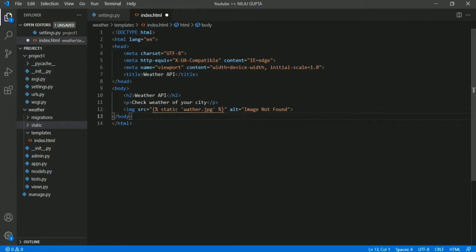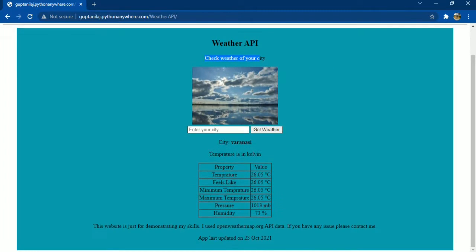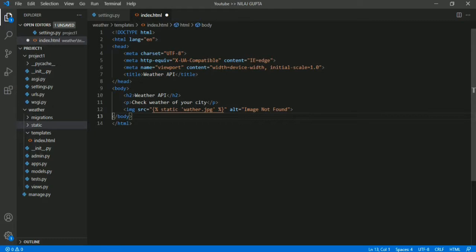After that you have to create a form having an input and a button. So let's create our form here. Leave action blank and set method as post. First of all we write the csrf token.